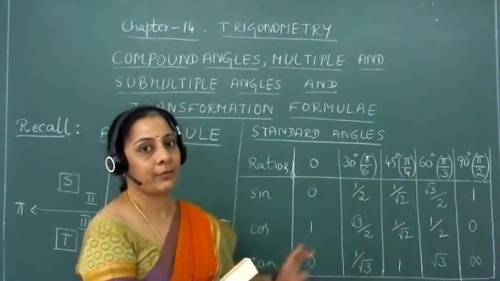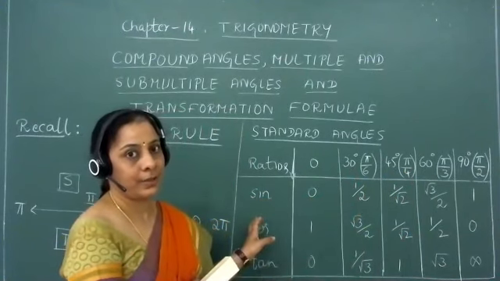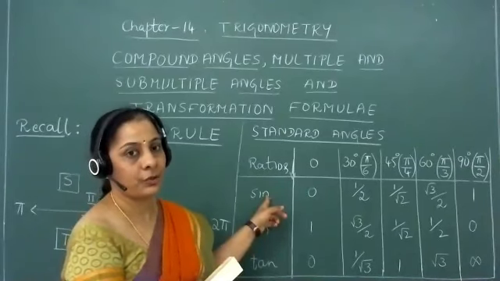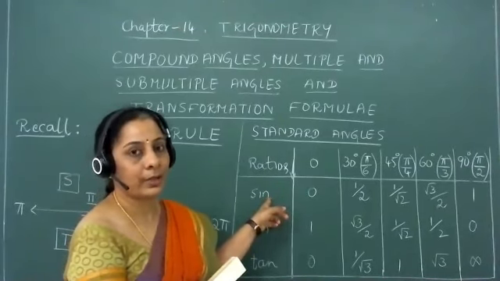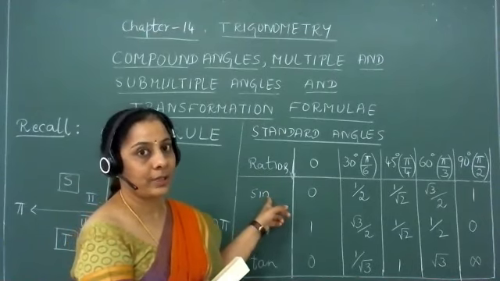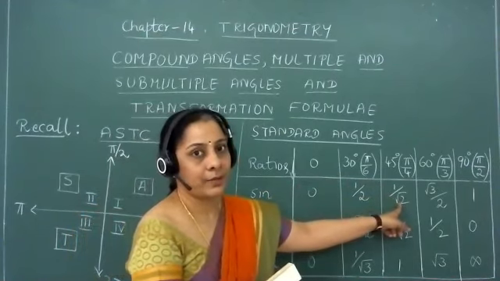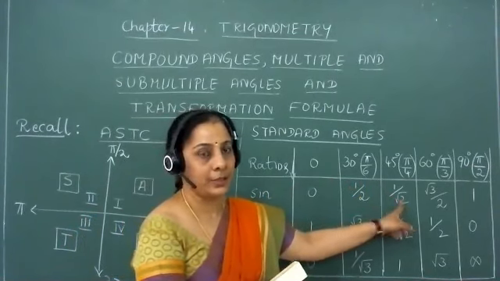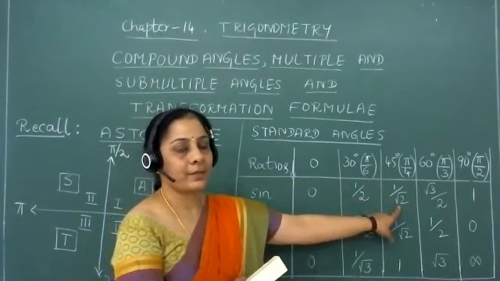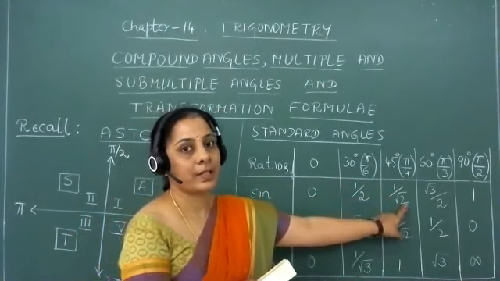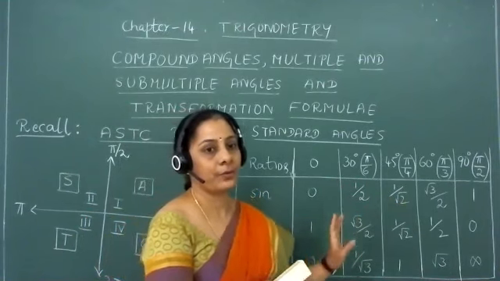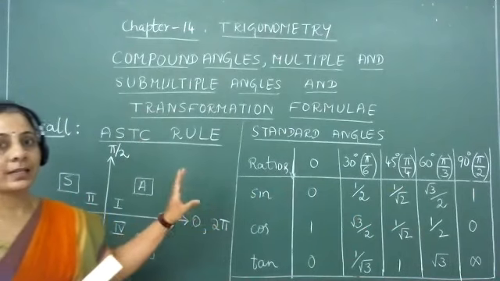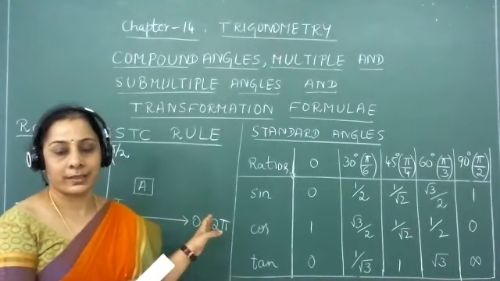Suppose I have to find the cosecant of 45 degrees. Cosecant is the reciprocal of the sine ratio. So you will have to go along the sine ratio, look into sine 45 degrees, and find the reciprocal of the obtained value. Sine 45 degrees comes as 1 by root 2, and so cosecant 45 degrees is equal to square root of 2. And all this we have had in detailed learning in your first year classes.